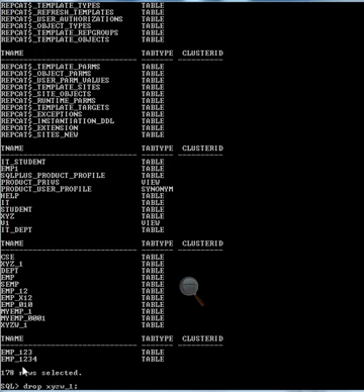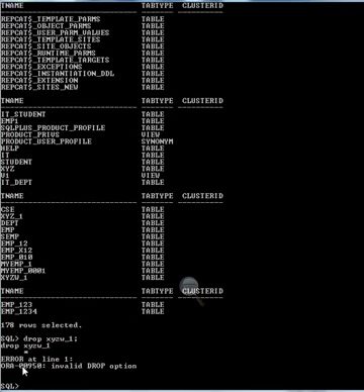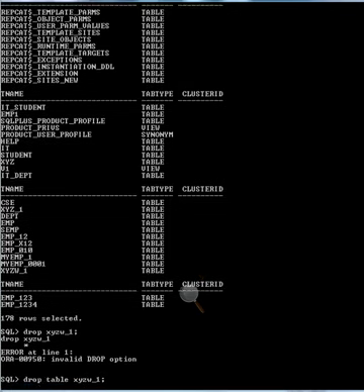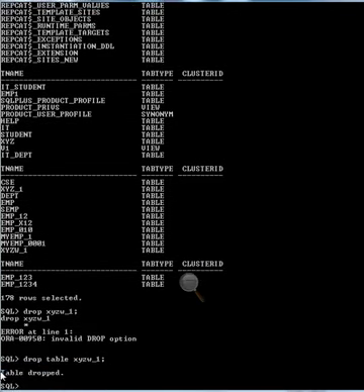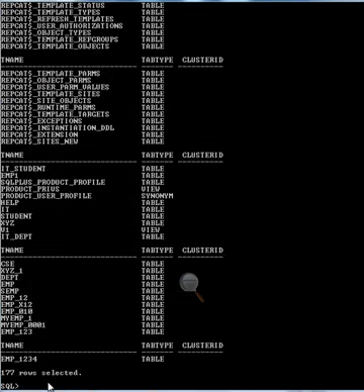Drop xyzw_1, so it will delete the domain values as well as the schema. Okay, invalid drop option. Drop xyzw_1, the syntax is drop table name. Okay, so here we can see the table has been dropped. Now if I want to see the schema of the table, xyzw_1 has been dropped. That has been removed from system tab.